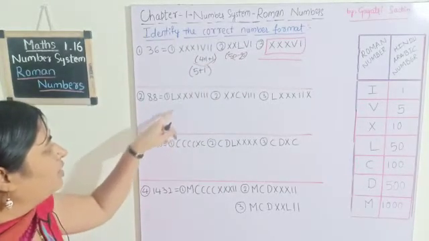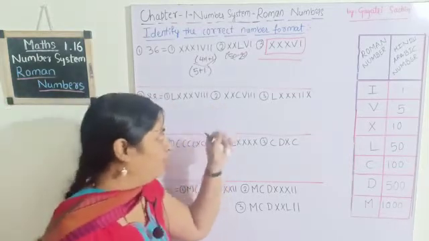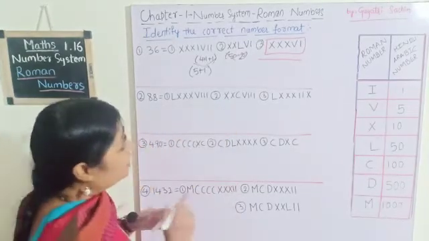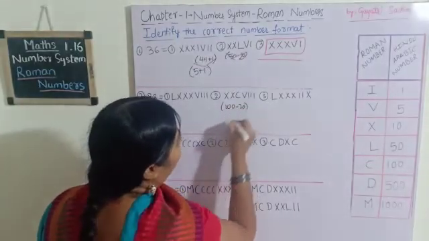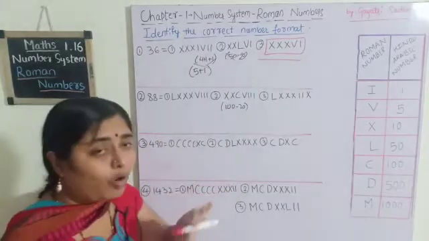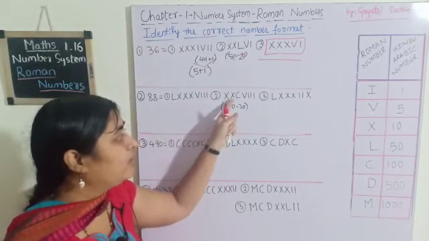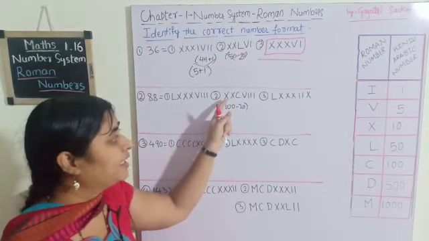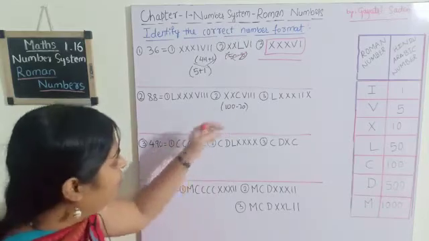Okay. Coming to the next example, 88. How have they written it? Okay, let's leave this and come to this one. How have they written XXC? XXC means 100 minus 20. Do we write like this? Once again, in the smaller-minus-larger rule, what do we use? A smaller number written to the left of the larger number should be used only once. Here again they have used it twice. We will not write XXC for 80. Okay, this is the wrong option.